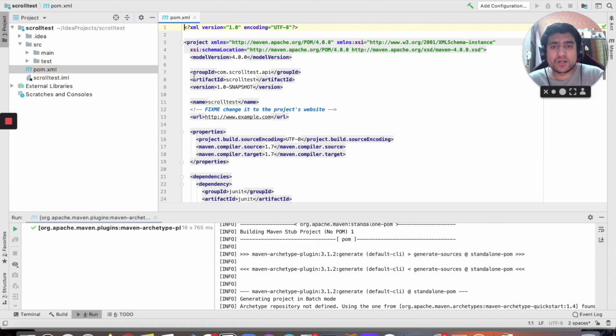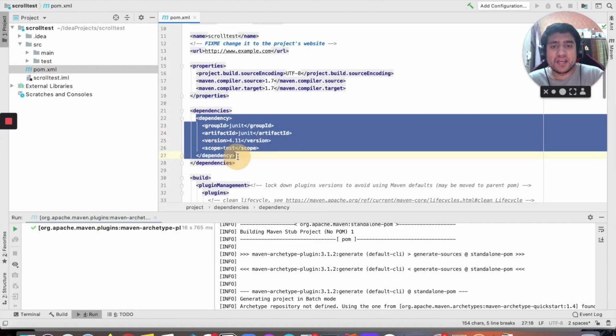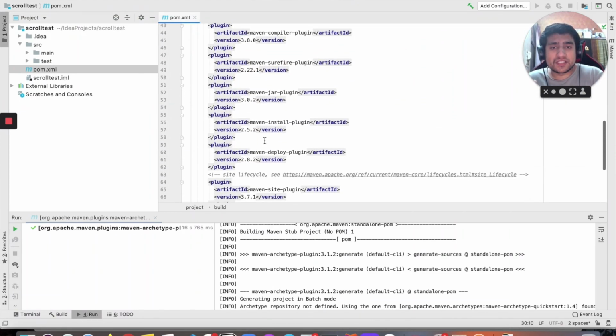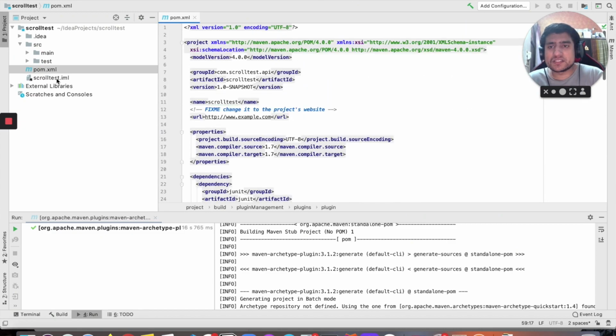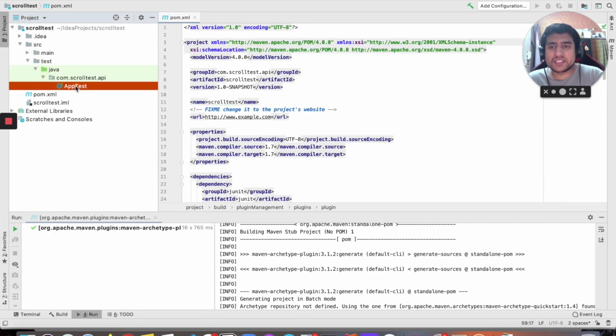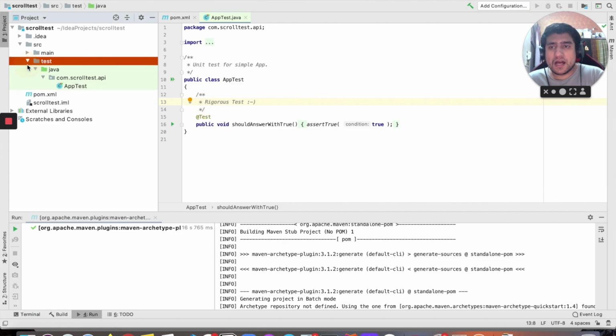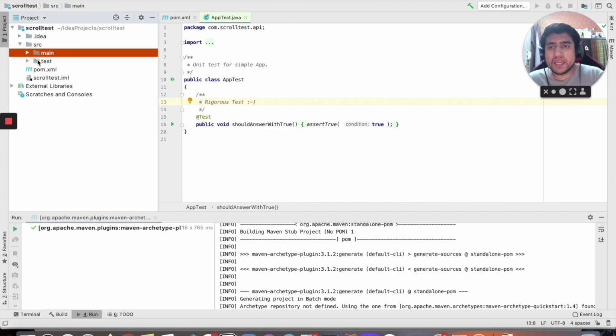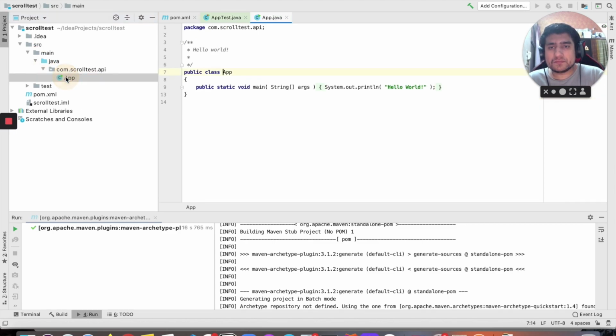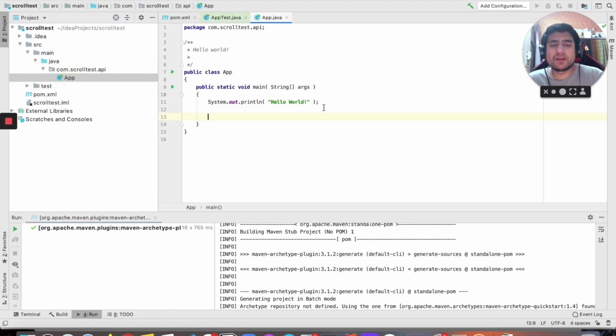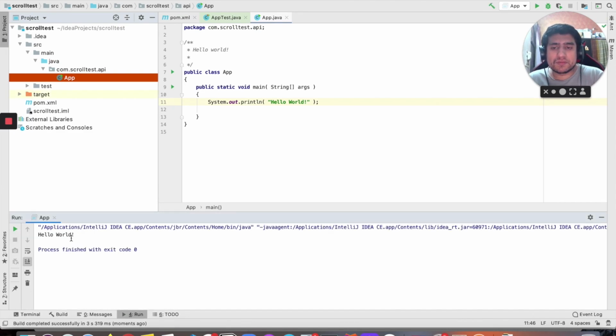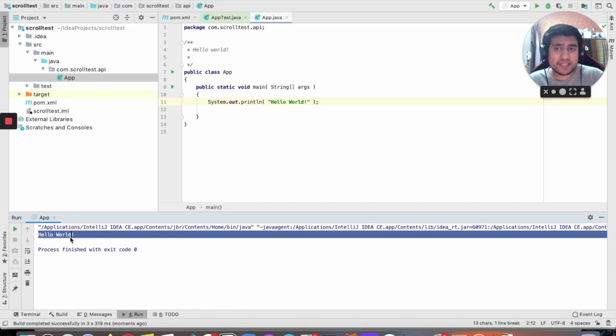We have a pom.xml where you will mention all the dependencies. Right now, only JUnit is added, right? We have no plugins, and all these plugins are already added by default, this is Maven's. We have the test folder where you can do the testing. And we have main Java. This is the file where we are automating, right? This is the hello world that we are running. So if you want to run it, you can right-click on App.main. That will basically run the hello world project. So now the environment is working fine.